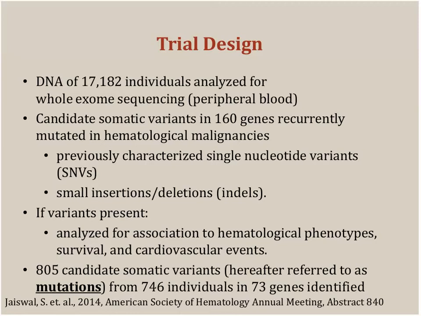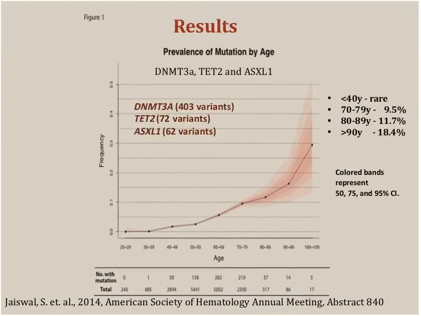Previously, these genes were studied using single nucleotide variants or small insertion deletions. If a variant was present, it was analyzed for the association of hematologic phenotypes, survival, and cardiovascular events. Some 805 candidate somatic variants were identified from 746 individuals, and some 73 genes were identified for further analysis and study. And here in this slide, you can see that DNMT3A, TET2, and ASXL1 mutations were those most commonly identified in these